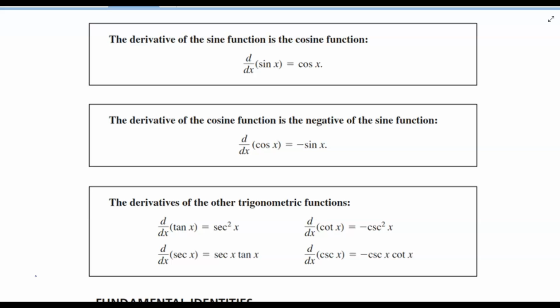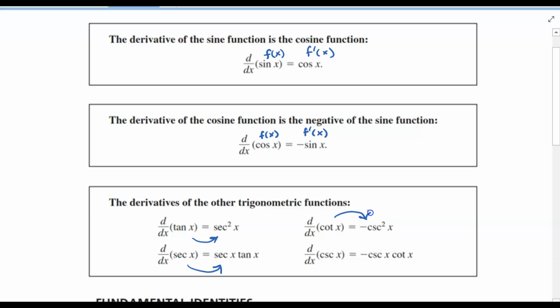So notice the Leibniz notation d/dx of sine x. This right here is f of x, the sine x, and this right here is f prime of x, the derivative, which in this case, the derivative of sine is cosine. And if you're taking the derivative of cosine, its derivative, f prime of x, is negative sine of x. So then here's another one, derivative of tangent is secant squared, derivative of secant is secant tangent,